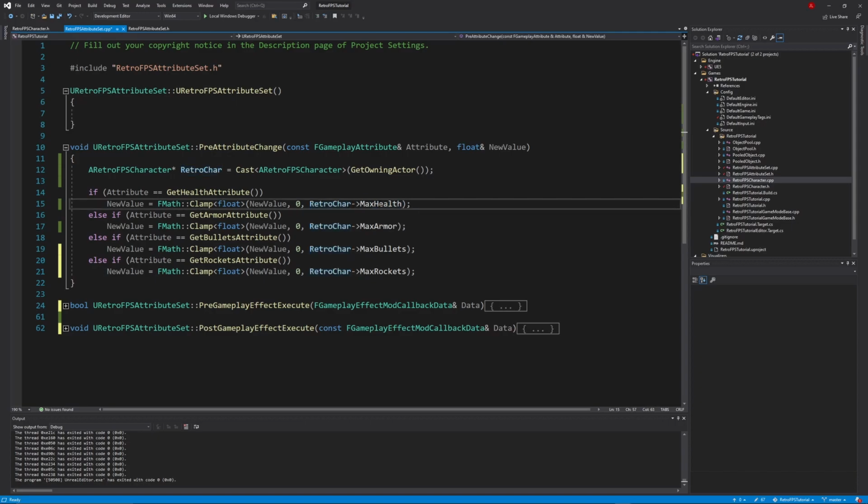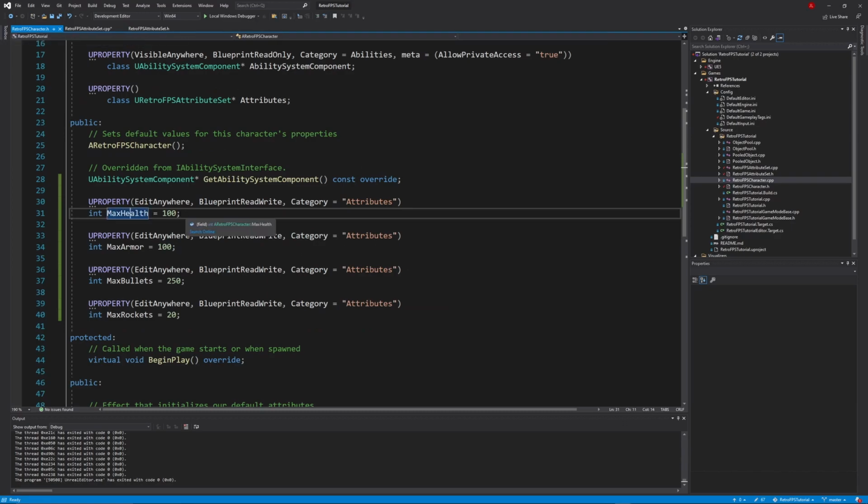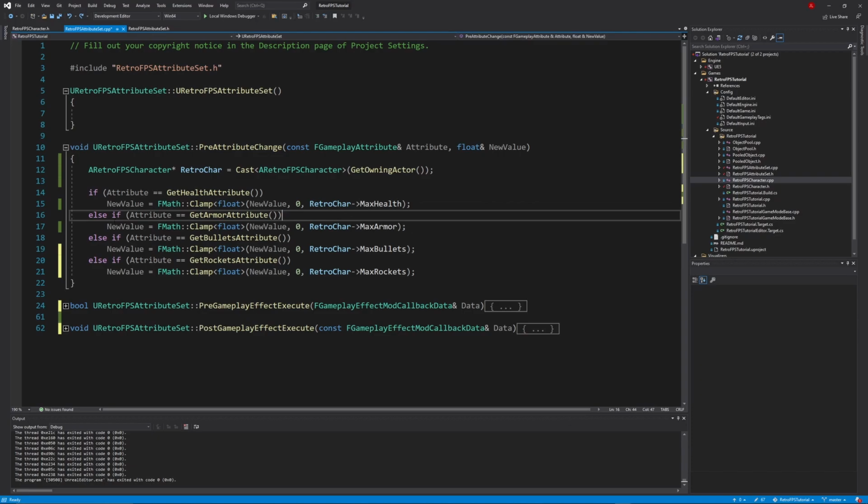So we're just getting the variable MaxHealth on the retro character, and that will be in place of saying 100. This way, if we ever want to update this number, we just go over to the Retro FPS character and set max health to some other number. And then we do that for each of the other integers that we created: max armor, max bullets, and max rockets.